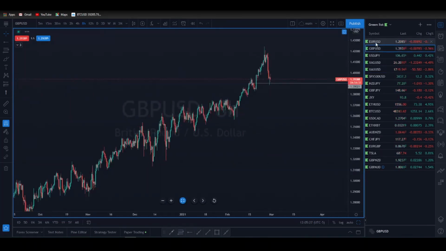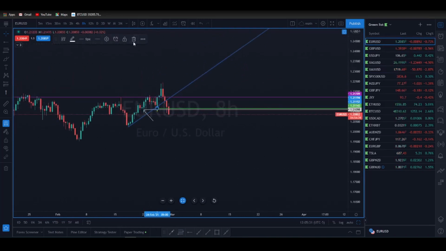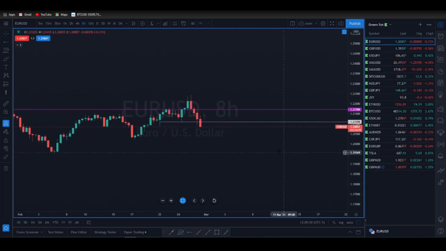Euro USD, I had a long position on it yesterday. I did get stopped out of that position this morning, but it's okay, as I had already taken profits on it. All right, now this looks pretty hairy. It looks pretty nasty. You went up, you made a high, and you're immediately rejecting. So, yeah, we're going to have to wait to see what happens moving forward on the Euro USD.